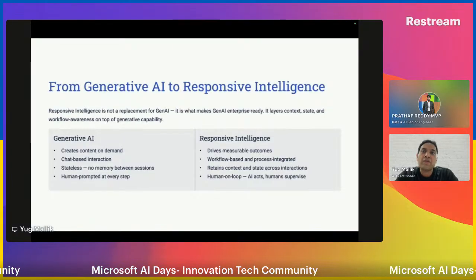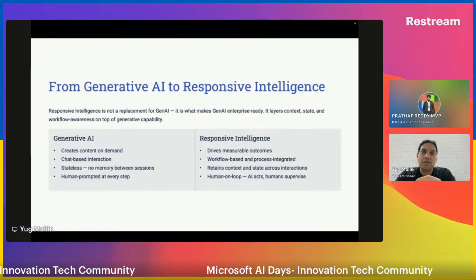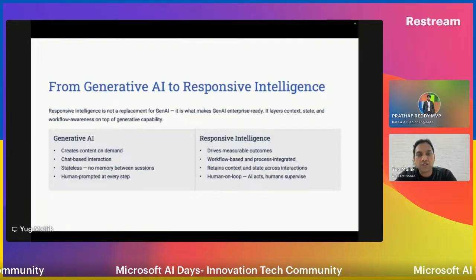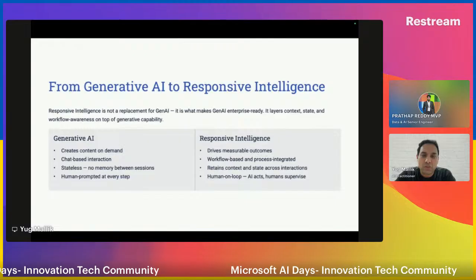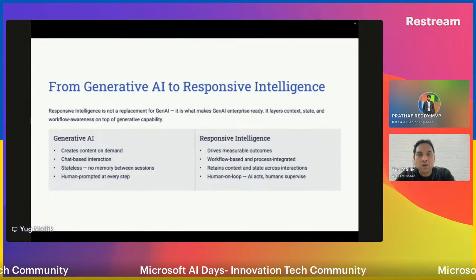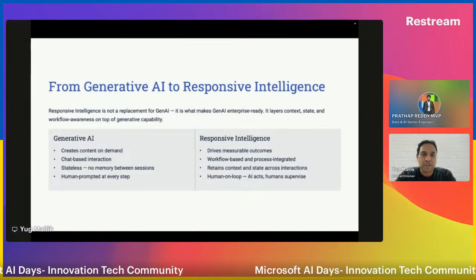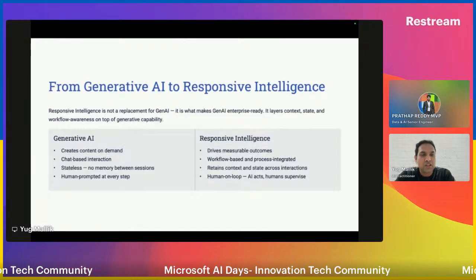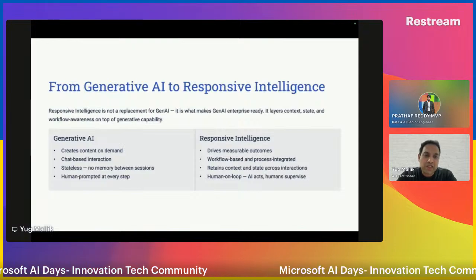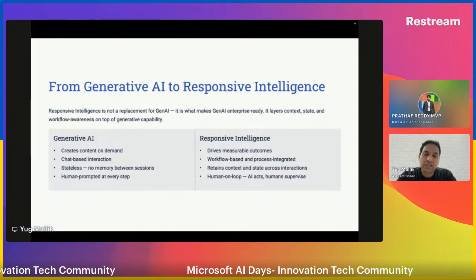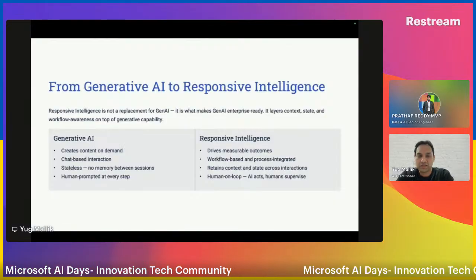And again, where we use it, typically we use it in the workflow. Every company will have multiple workflows within it. Finance will have one workflow for loan processing. Now within that loan processing, there might be one step where this generative AI will come in handy. Integration can happen for those one or two steps, not the entire process. So that's where we call it process integrated, right? So we integrate this Gen AI into a process.